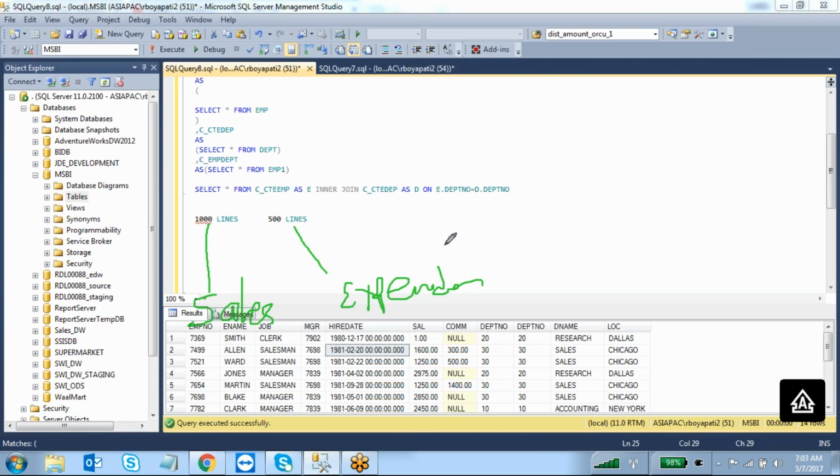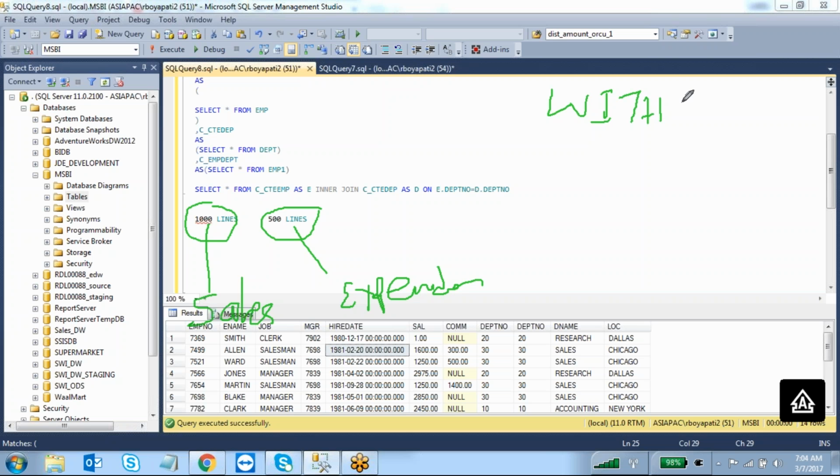Okay, so finally what I need is sales minus expenditure, whatever the result is coming from the first result set and whatever the result is coming from the second result set. In that situation, how can you calculate if you don't have a common table expression? If you have a common table expression, what we are going to do here is create a WITH